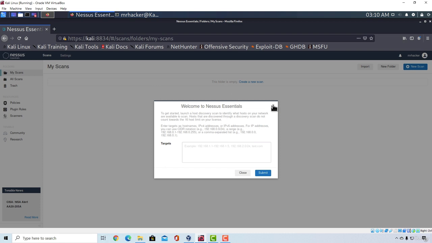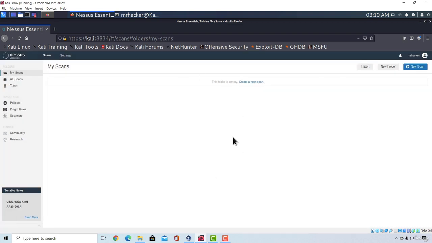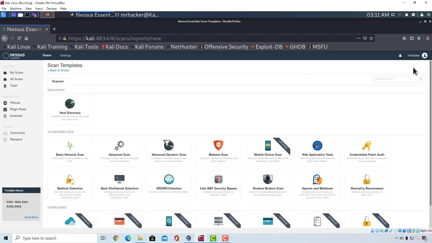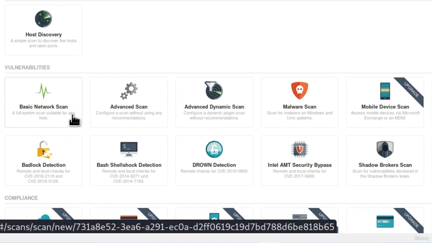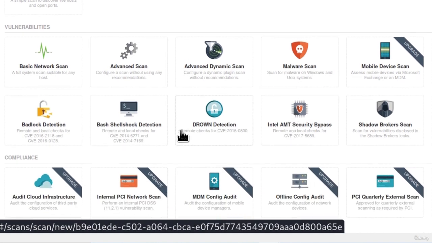So we can click right here on this X button just to see this page better. And all we want to do from here is go to the New Scan button. Right here, we will see all of the available options that we can do for our scans. So we got Basic Network Scan, as it says, a full system scan suitable for any host. We got the Advanced Scan, configure a scan without using any recommendations, and we got a bunch of the other